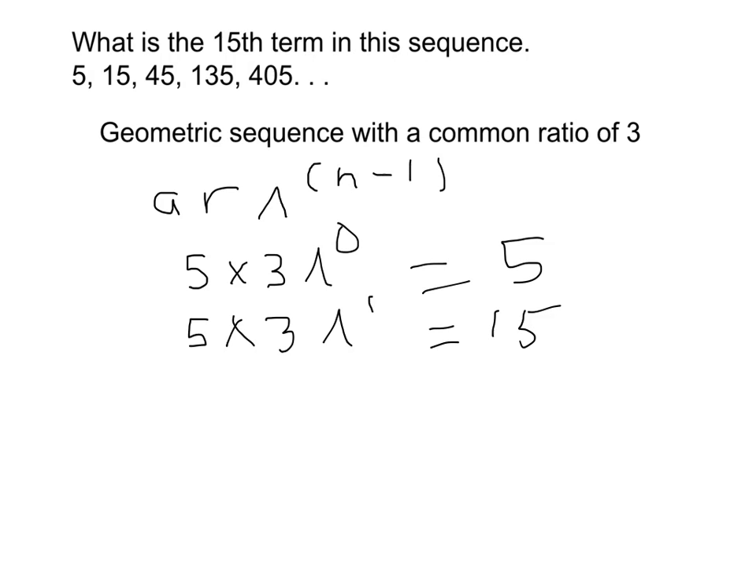Alright, now let's do the biggie. It says 5 times 3, and we want to find the 15th term. So the power that I'm raising it to is 15 minus 1, or 14. So we're going to use our calculators now, and we're going to type that in. 5 times 3, power key. Now I use my parentheses, 15 minus 1, or I could have typed 14, equals, and our answer is